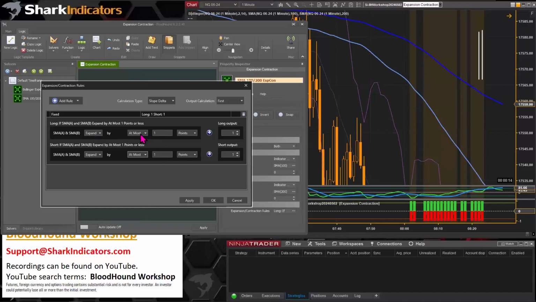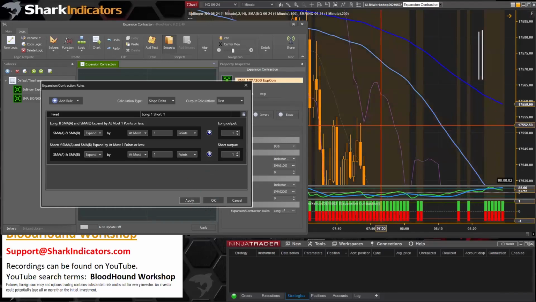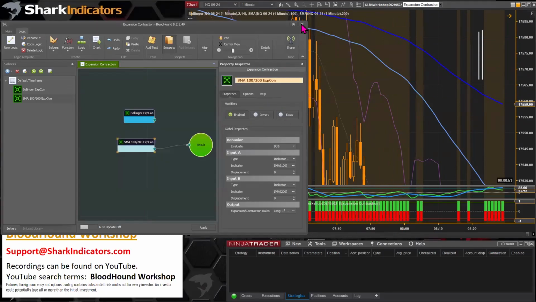So the expansion cannot be more than 1 point, right? So in other words, this would be looking for a very small amount of expansion. So let's hit apply, and as you might expect, it just reverses everything. Well, not a complete reversal, but